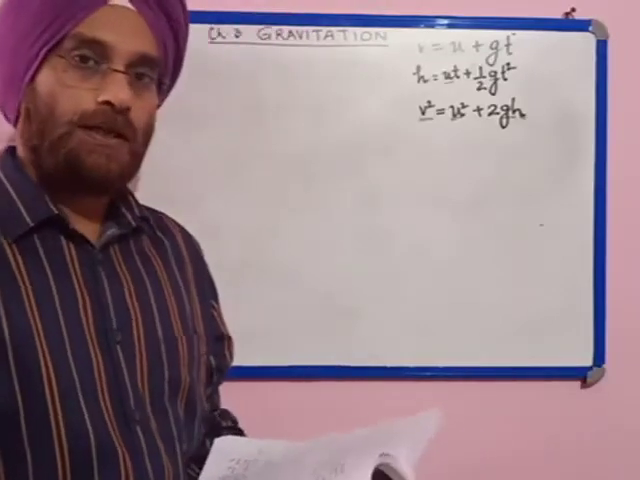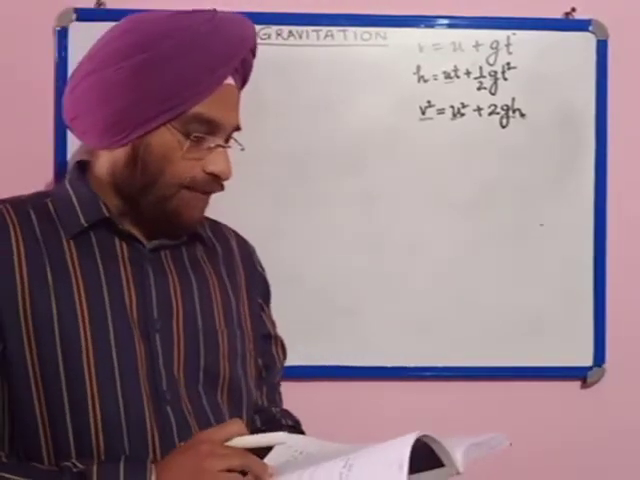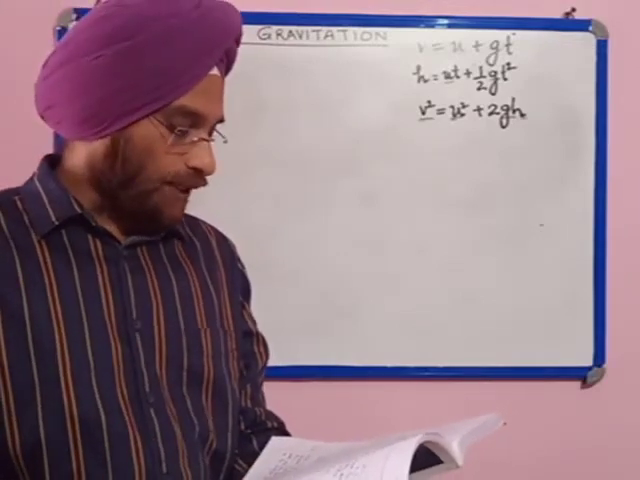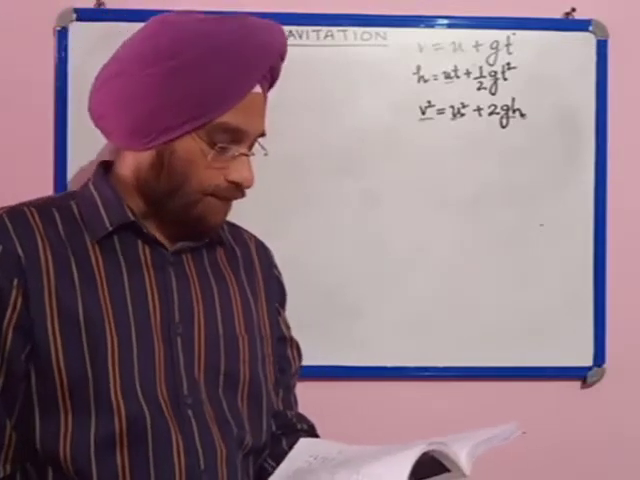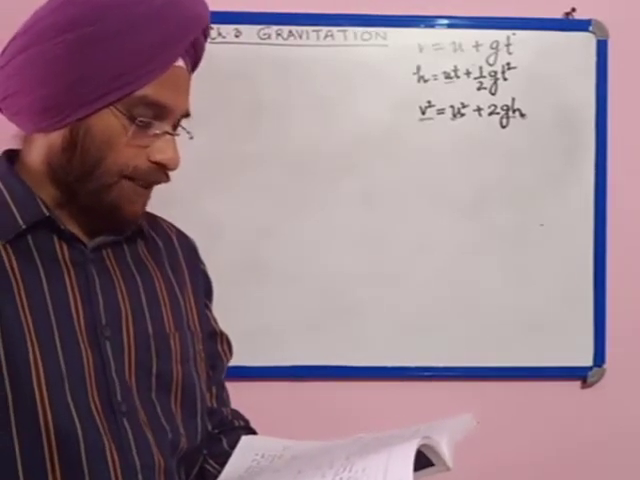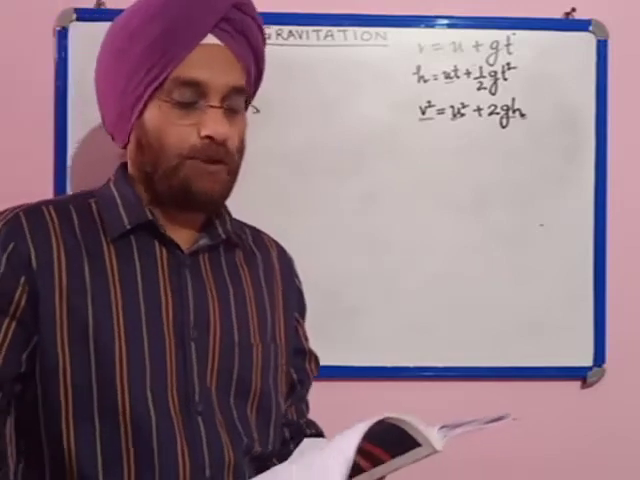Now students, example number 2. When a ball is thrown vertically upwards, it goes through a distance of 19.6 meters. Find the initial velocity of the ball and the time taken by it to rise to the highest point. Now see,